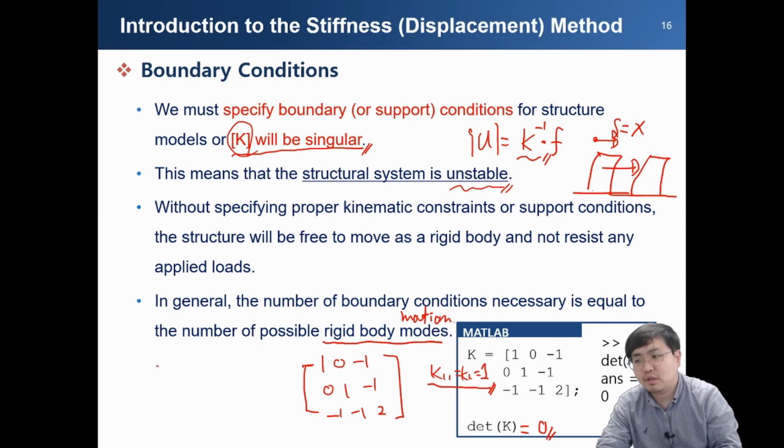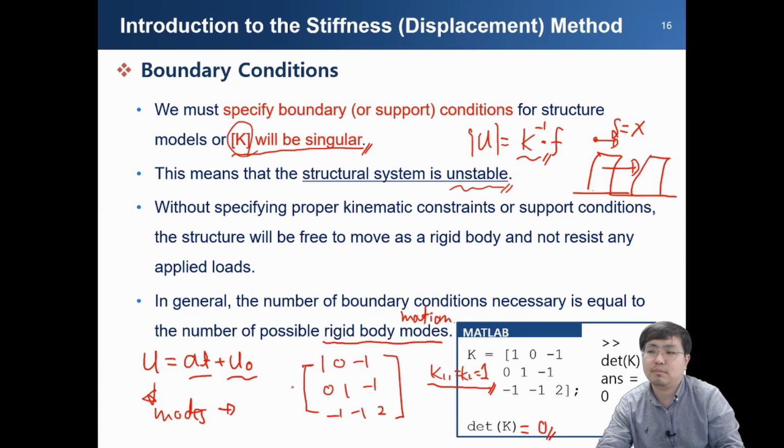Rigid body motion has a time-dependent displacement value, not a specific value. So we cannot say the structure has a specific displacement; it has a rigid body mode. Maybe I hope that we can achieve the goal. I think in the dynamics course we already learned about the mode. It is because of K, U, and F: K is a square matrix, U is a vector, so we can extract some